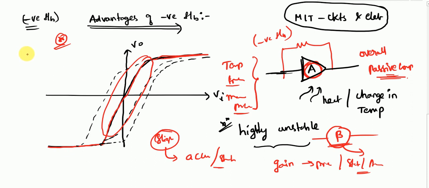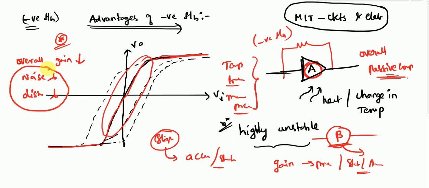One more thing is, as the overall gain is reducing, the noise which is affecting will be reduced. The distortions which are affecting also will be reduced. So by using negative feedback circuits, the only drawback is that the gain is reducing, but you can see there are several advantages where the characteristics are stable, predictable and accurate, and the effect of noise is reduced by 1 by A beta times. We will see about these things a little later, and the distortions are also reduced.